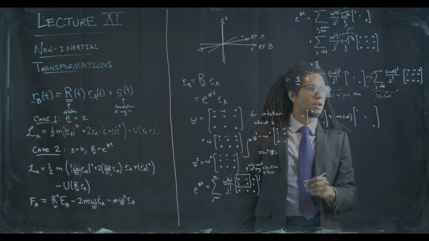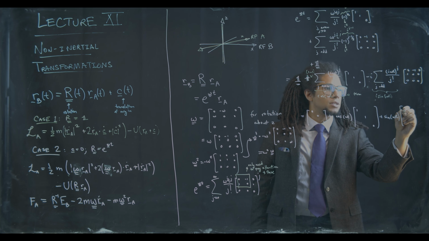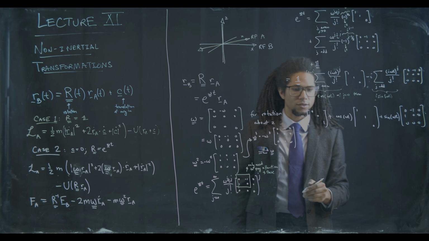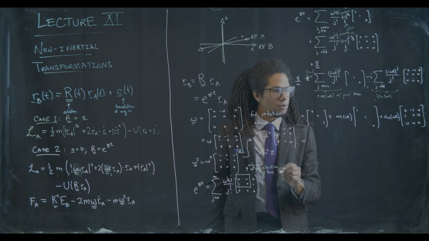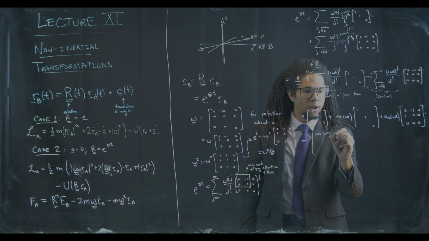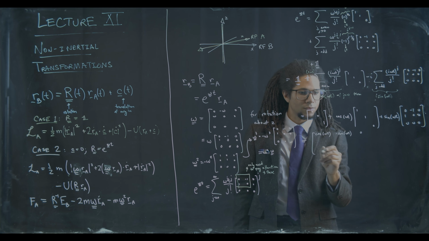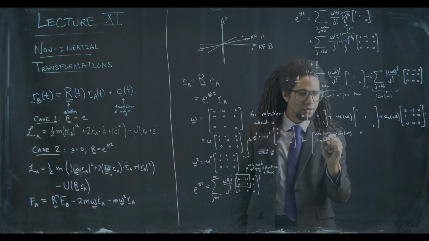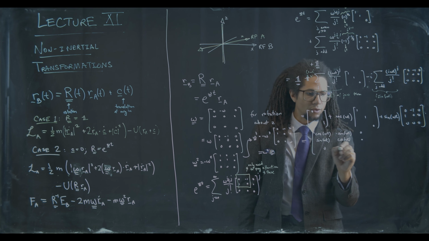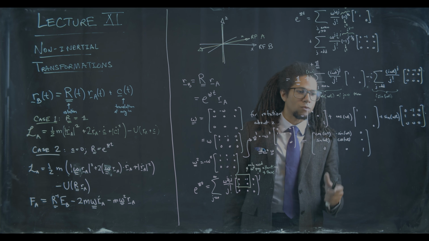Good. Plus sine omega t times 0 minus 1, 0, 1, 0, 0, 0, 0, 0. Great. Or all together, I get cos omega t, minus sine omega t, 0, sine omega t, cos omega t, 0, 0, 0, 1. Great. This is indeed a matrix that rotates me